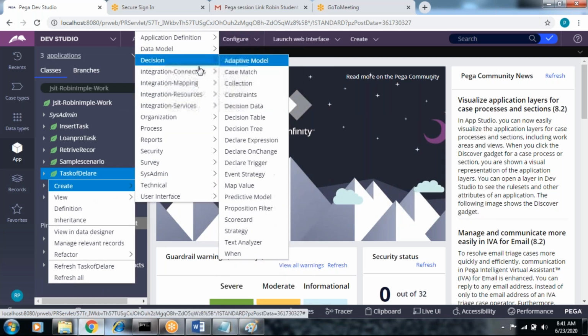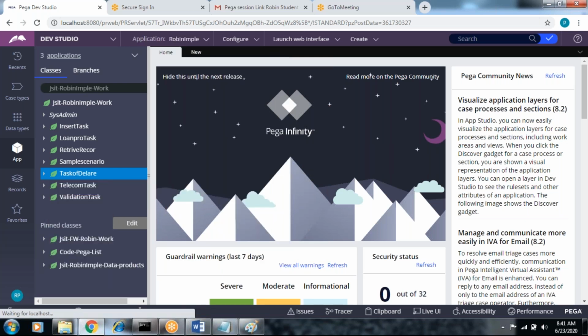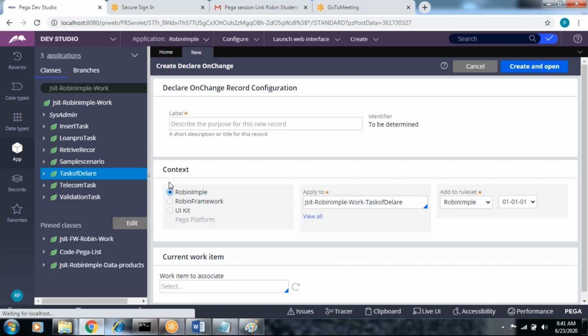Right click, create decision, on change rule, declare on change. So we do one thing. We'll do it for Test on change. Create and open.